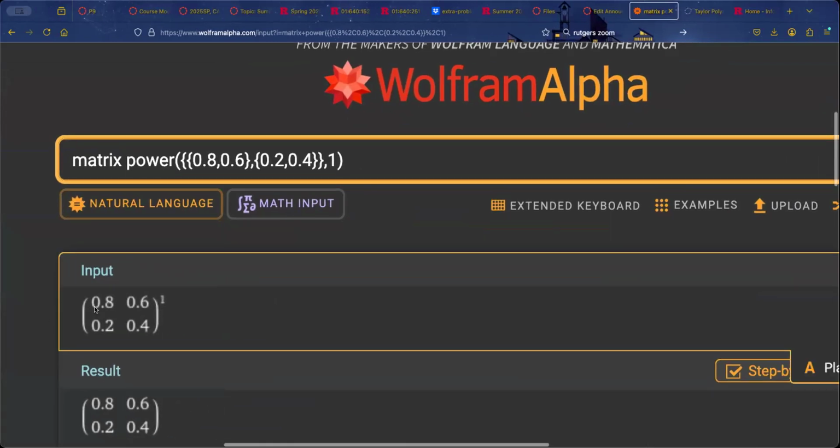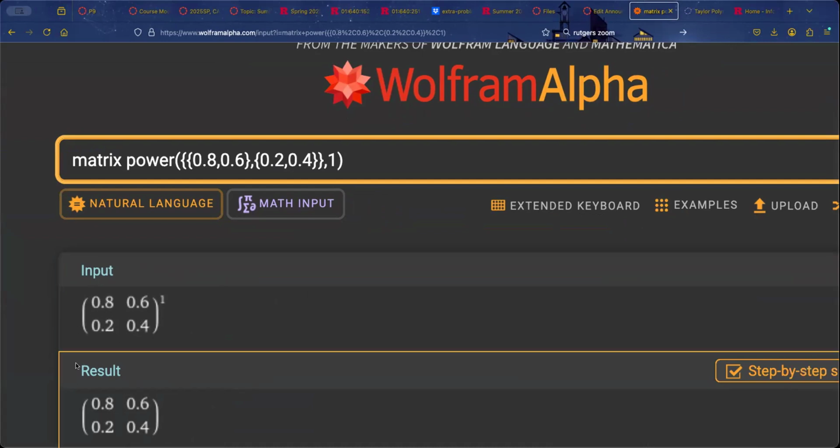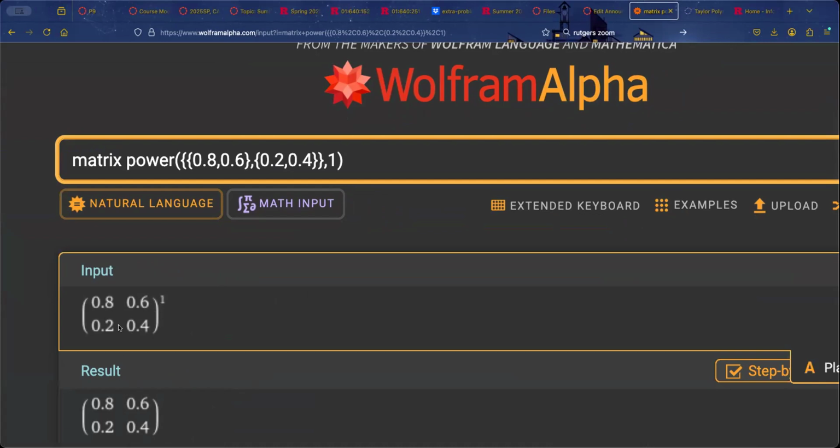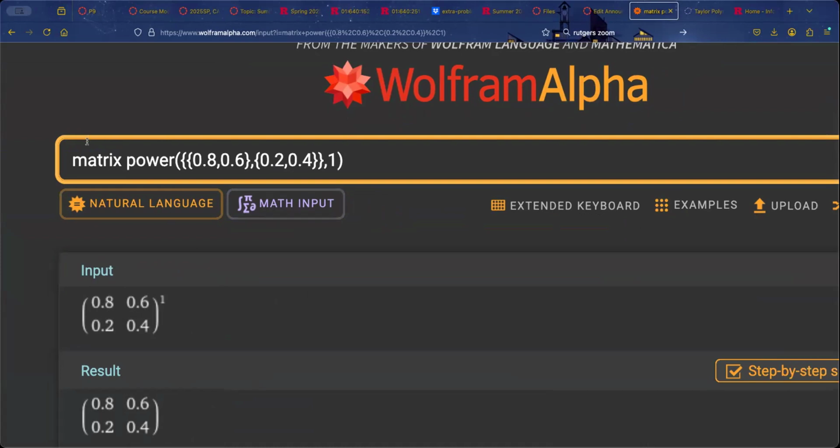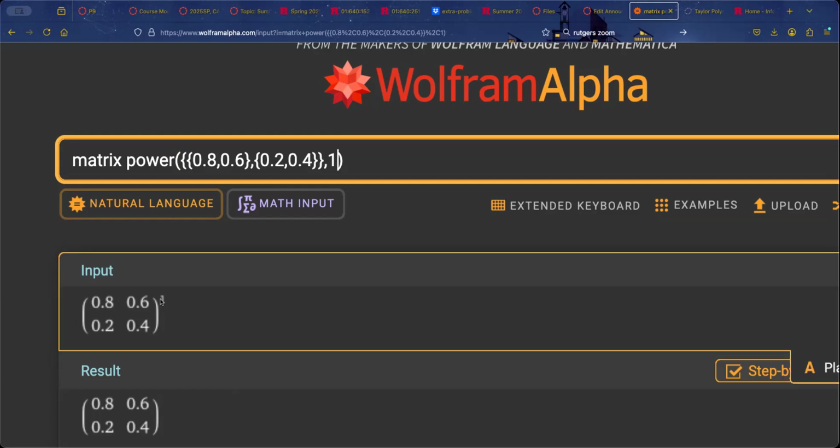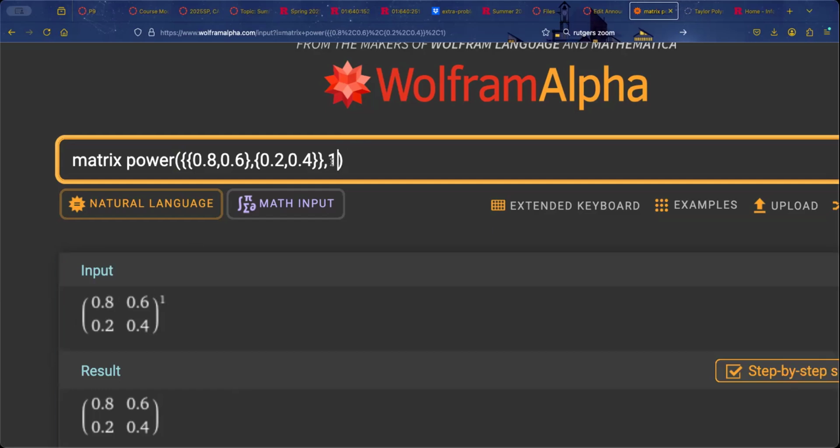So if you remember, this was the original matrix that we had: 0.8, 0.2, 0.6, 0.4. If you notice, these columns always add up to 1, because those are just the probabilities. So they're sometimes called column stochastic matrices. But anyways, that doesn't matter for what I'm going to do next. So in Wolfram Alpha, you enter the matrix, and this number just tells you what exponent you're using here. So that's where the 1 comes from. For example, if you wanted the square of this matrix, you just put the number 2,